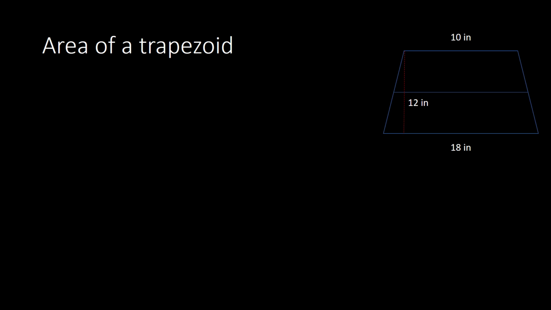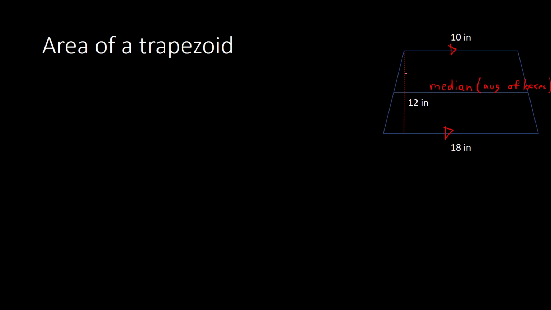So given a trapezoid, the area of the trapezoid is found by taking the average of the bases times the height. So here we see there's a top and a bottom that are parallel. These would be your bases. Okay, so the bases would be top and bottom. If we take the average of those, that's going to find for me what we call the median. So this is the median, and we can find that by taking the average of the bases. So if we take the average of the bases, which we would also call the median, median's average of the bases,